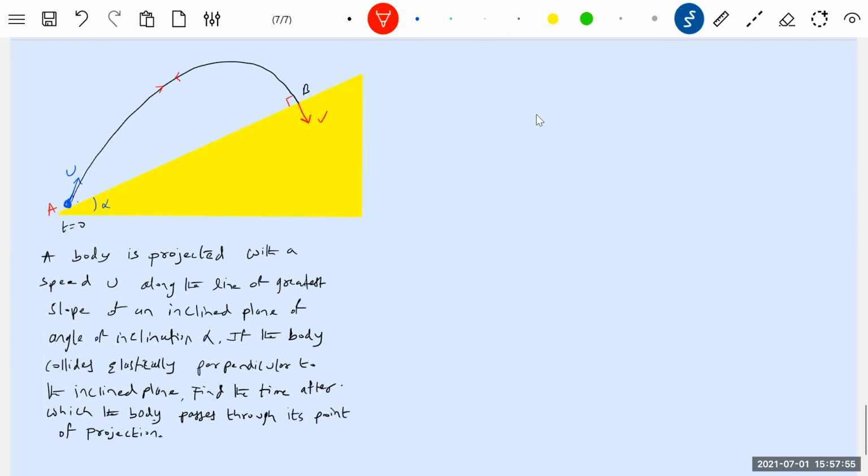Sir, here the object collides and again retraces its path, so the velocity will be the same at that time also. It will rebound, there's no loss of energy, and it will retrace its path with the same speed. At B, it will collide. After collision, what will be the velocity? It will become V, and it will not be perpendicular to the incline. Okay, sir, I'll give a small diagram.